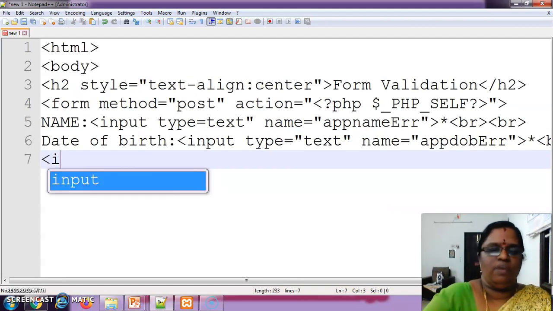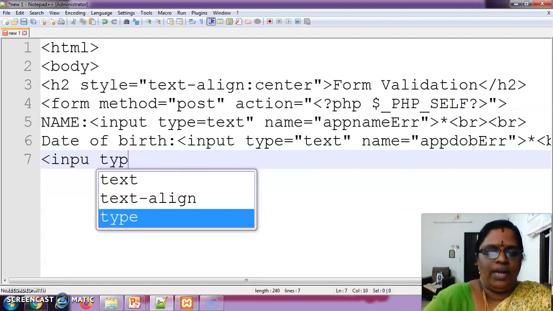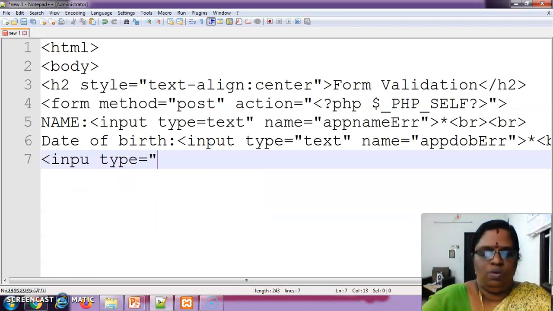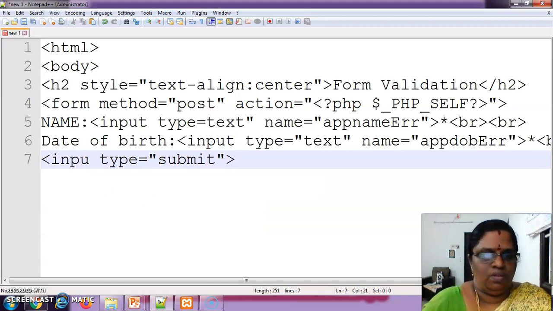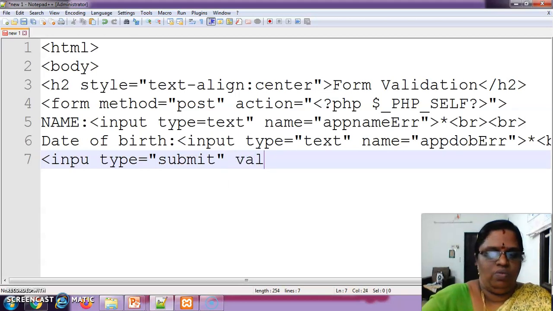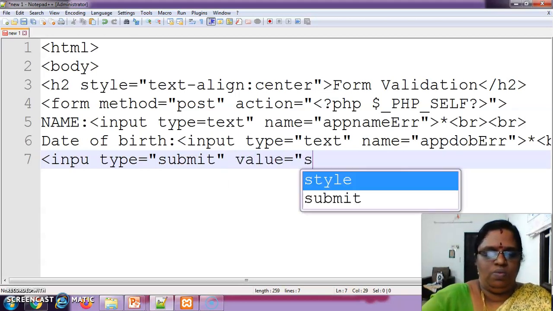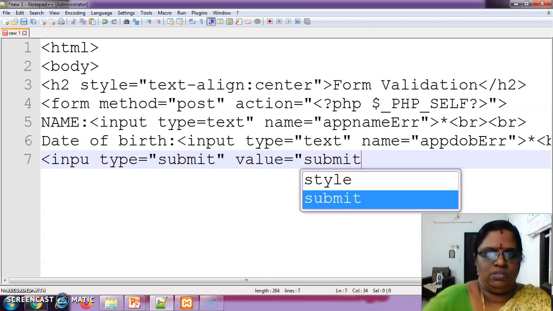So next, submit. Input type is equal to submit. Value is equal to submit.